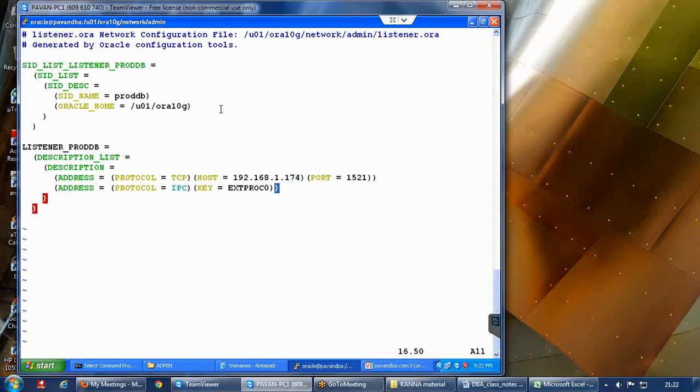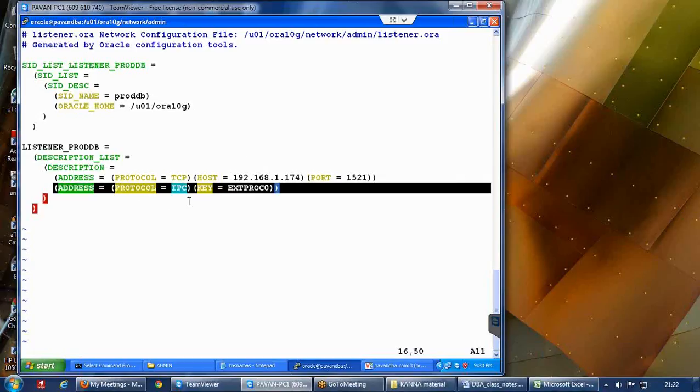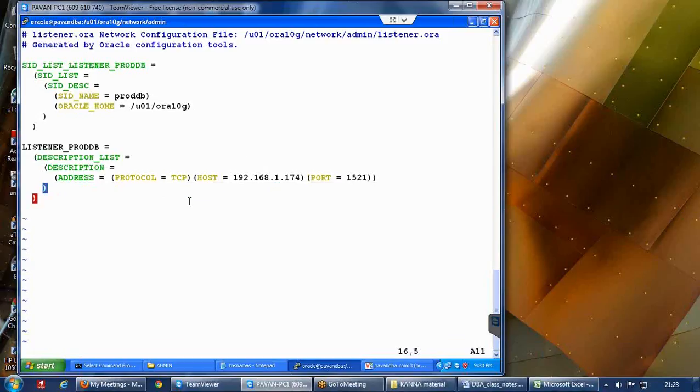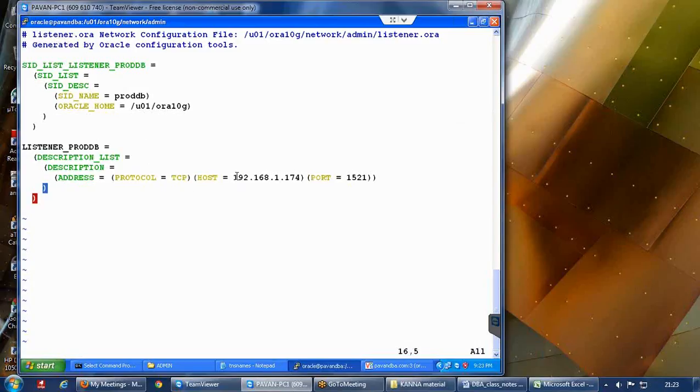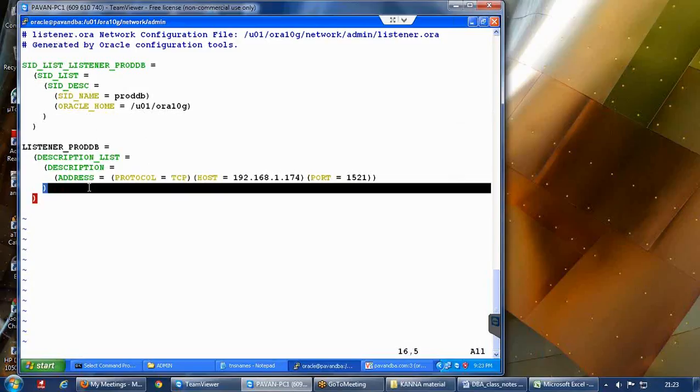And I need to remove this entire line which says protocol equals IPC and key equals extproc0, etc. So what I did is, first I changed the SID name, then I removed the third line here, then instead of the host name I put an IP address here, and I removed the second line here.